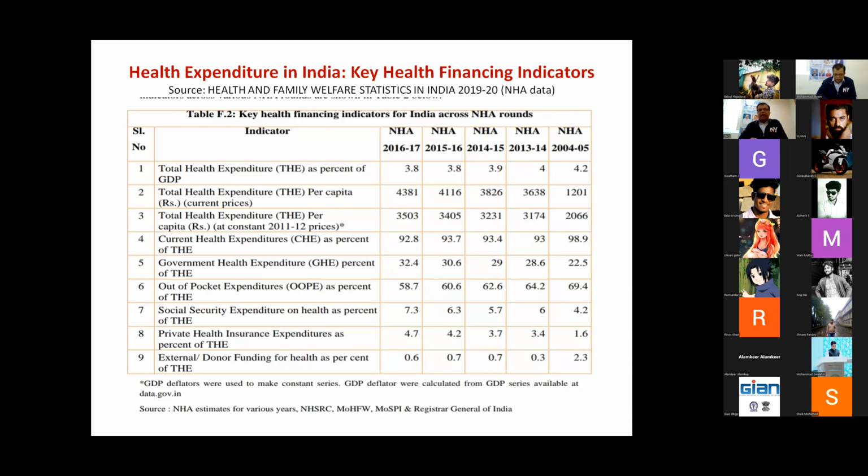Then we move to the next one, that is the current health expenditure as percent of the total health expenditure. This is not something very important for us, but yes, it does talk about some kind of the longitudinal spread of the budget kind of thing. Now, what is important for us is actually the government expenditure and the private expenditure. Private expenditure in the sense that the personal kind of something which we identify as out of pocket expenditure, right? That means as an individual, if I'm going to avail of certain health facilities, then how much amount I'm spending from my own pocket. That is known as the out of pocket expenditure,